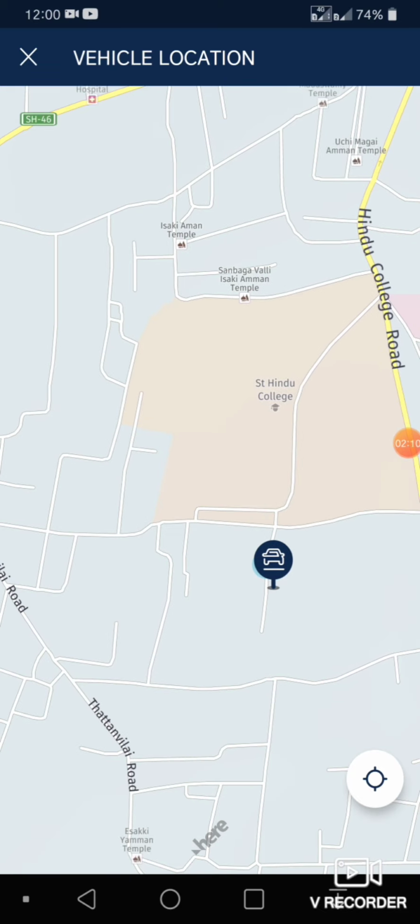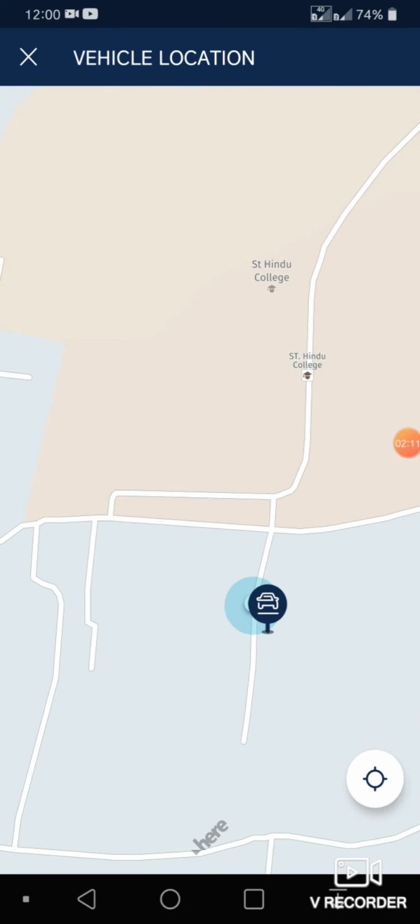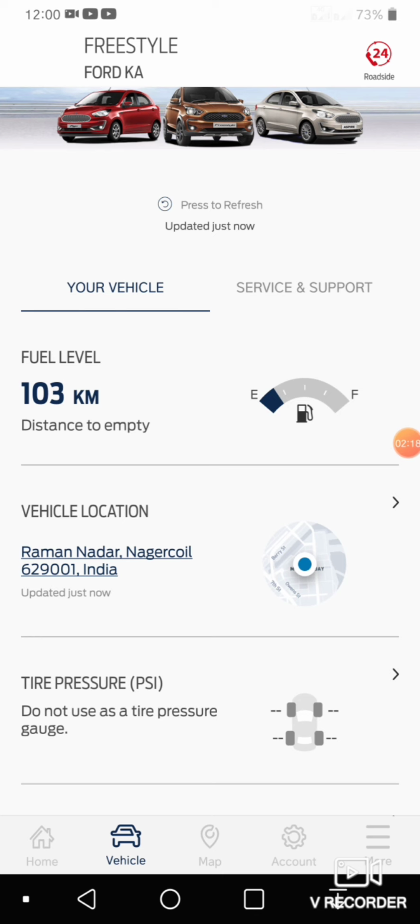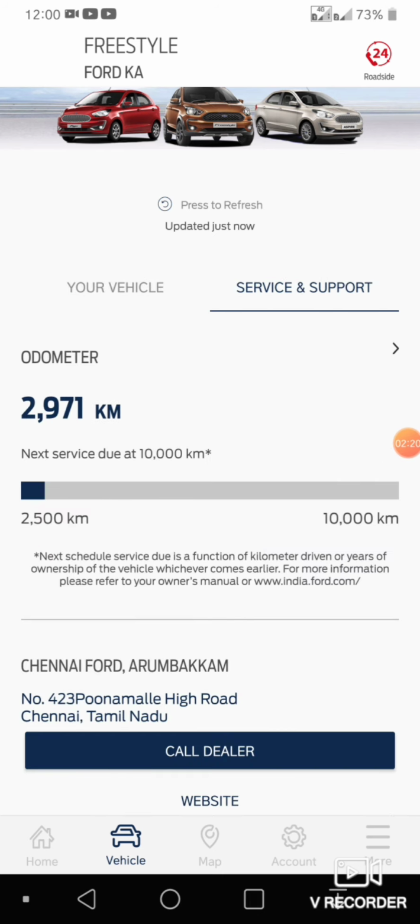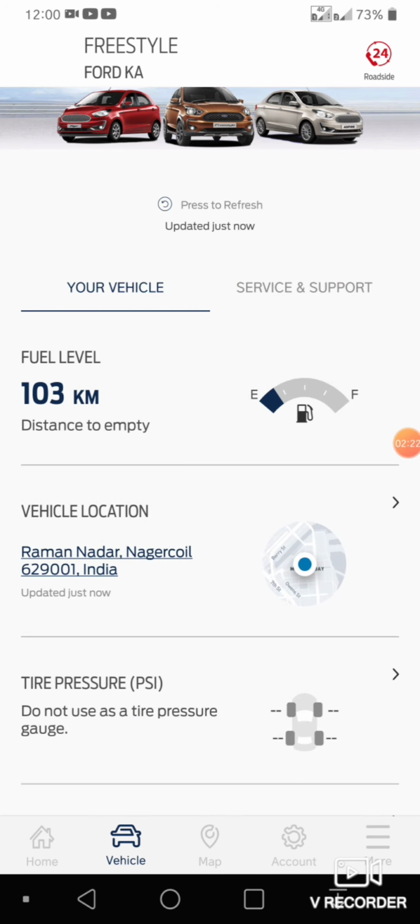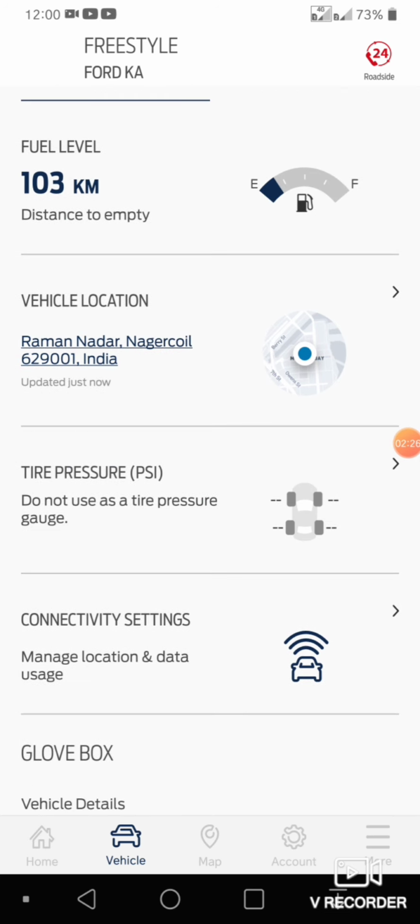This one is also working really fine. So mostly I use it for the distance to empty, the odometer and the vehicle location, when I am out for a trip and would like to check whether my vehicle is still present in the area where I have parked. I just locate my vehicle in the midnight or so.